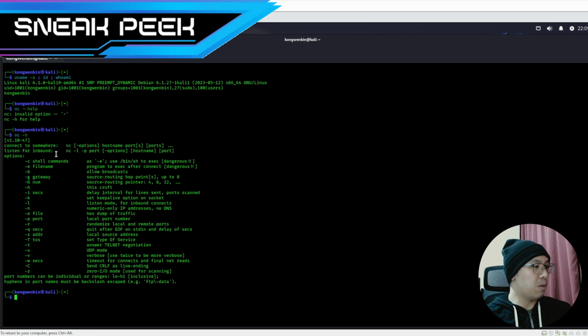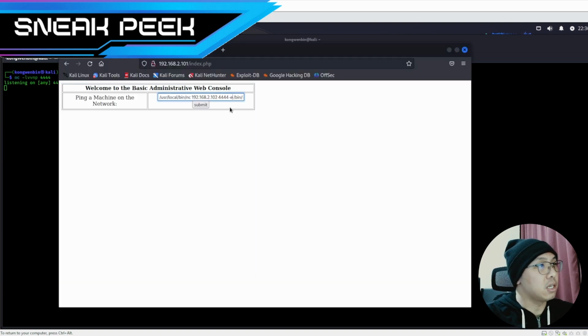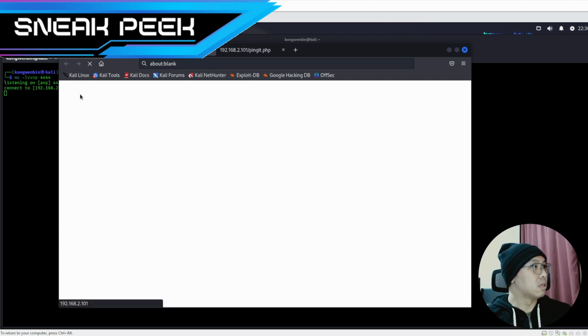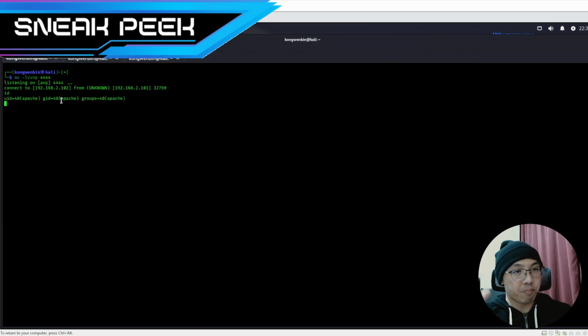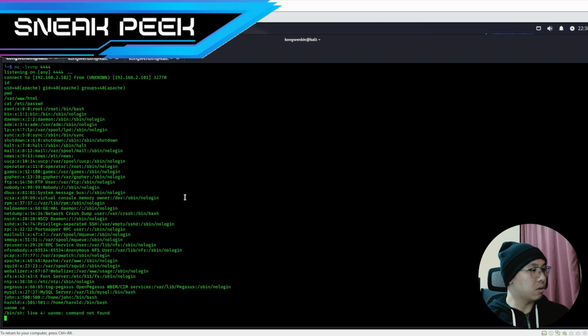So in this case, I want to have a reverse shell, so I want it to connect back to me. So I have to be the one listening. So remember to have the -e before your shell and see where it works. Yeah, you can see over here that it has successfully connected from the web server that is running on port 80. We have managed to reverse shell back to our own attacker machine through the use of netcat. Oh, there's a typo, so